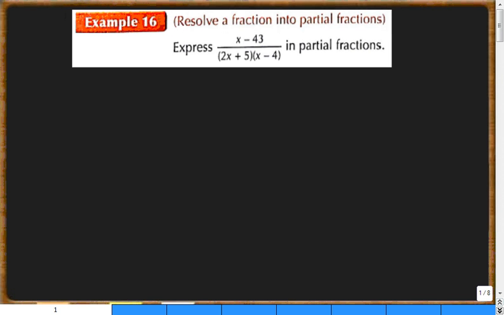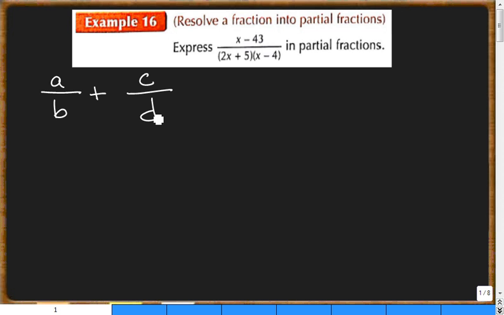Okay, example number 16 asks us to express (x - 43) over the quantity (2x + 5) times the quantity (x - 4) in partial fractions. So it wants us to take this fraction here and split it into two. Well, we learned earlier from different methods that let's say we had two fractions,